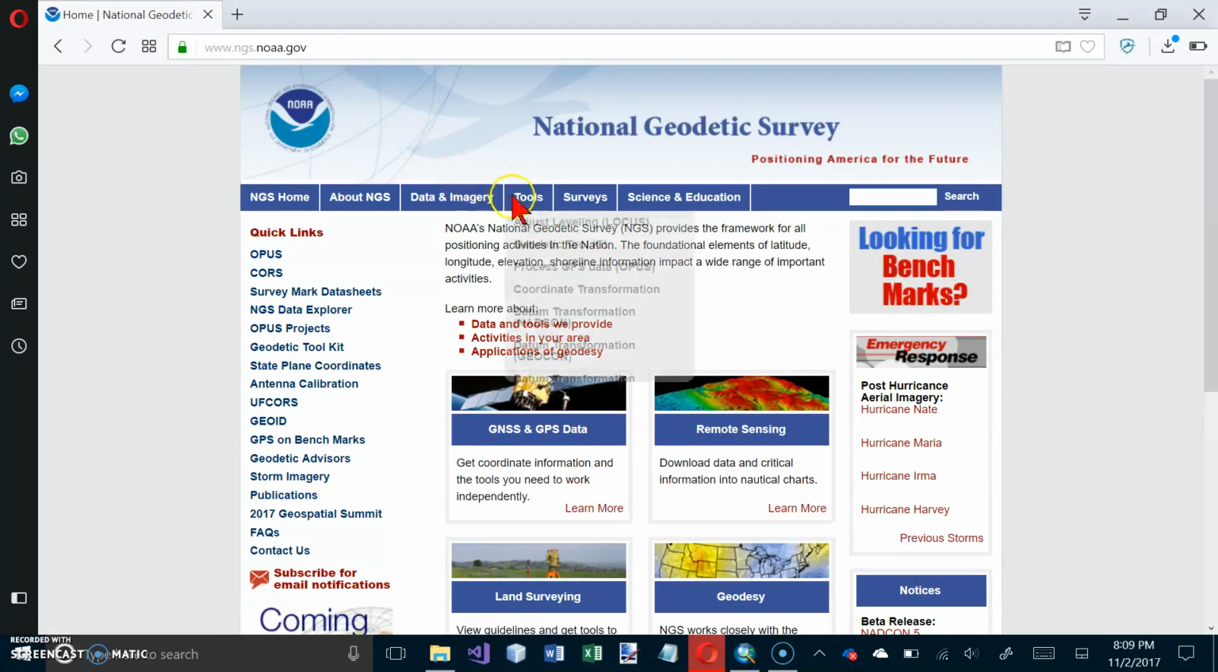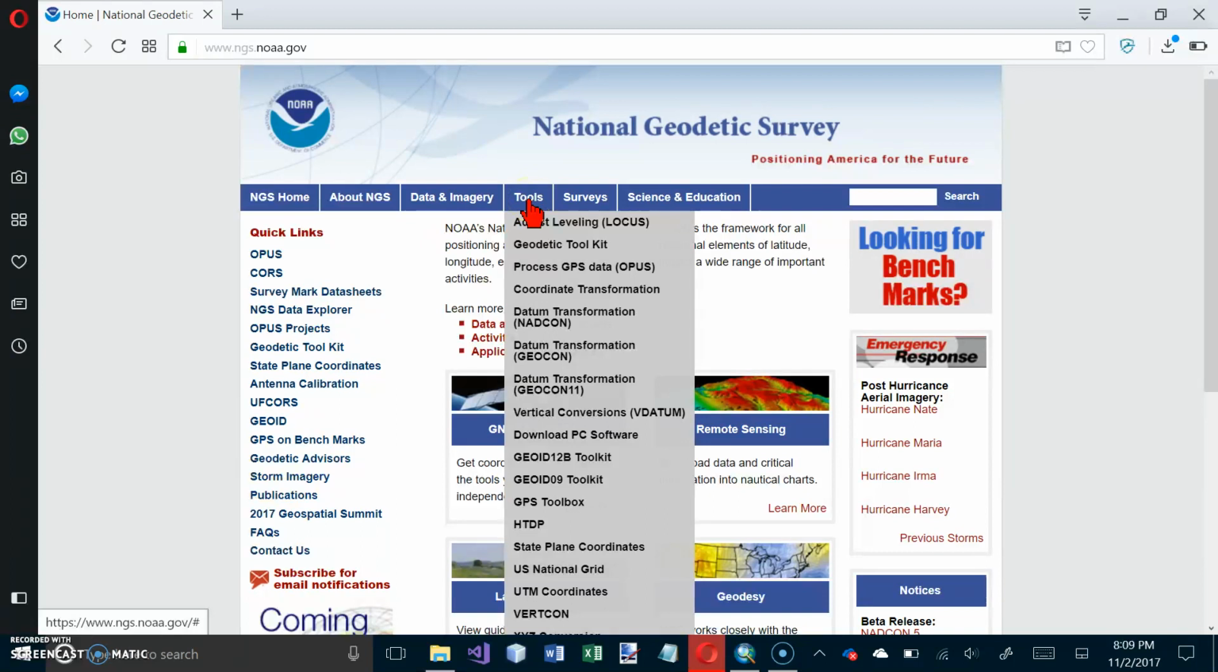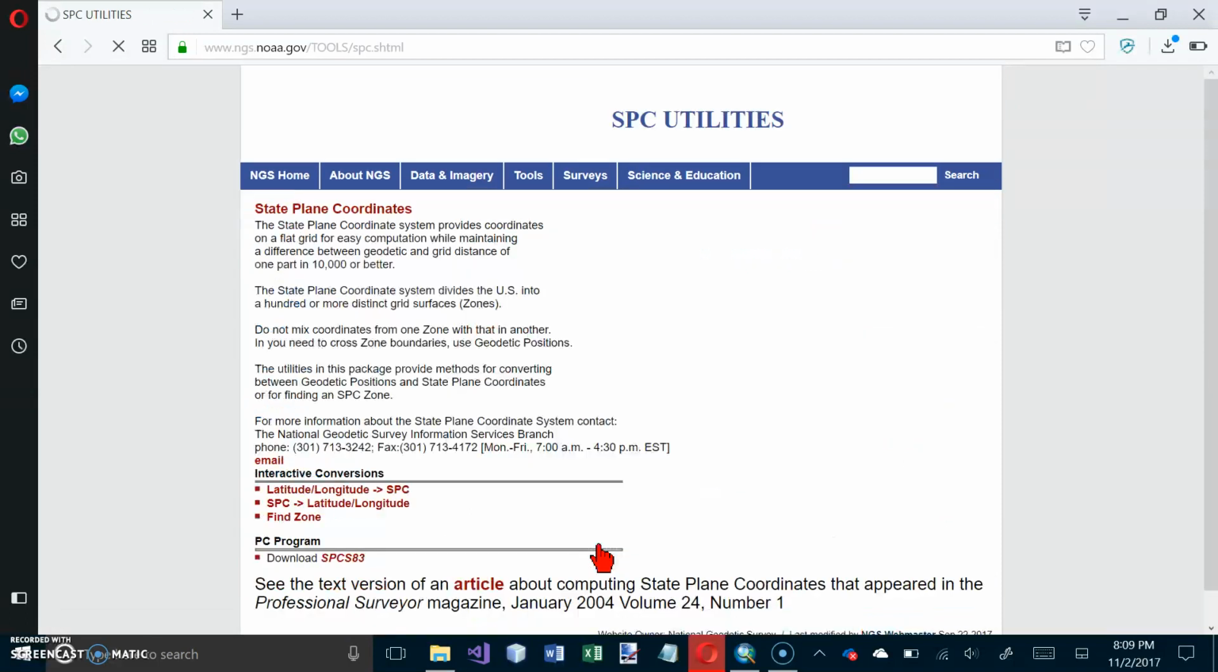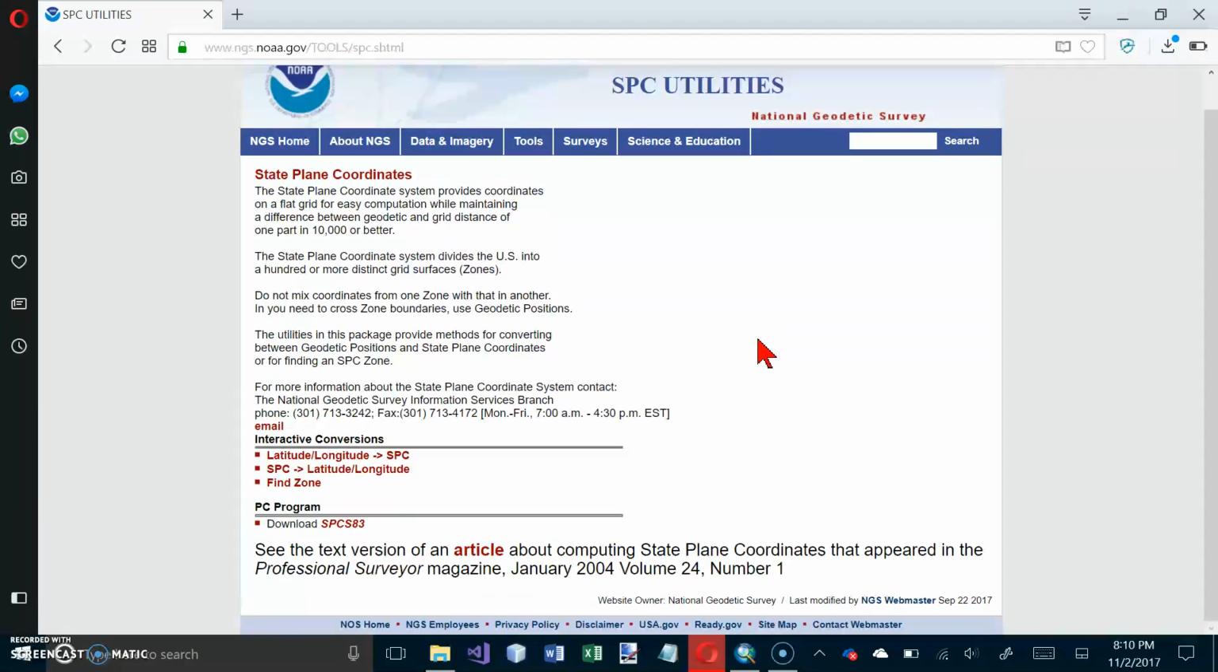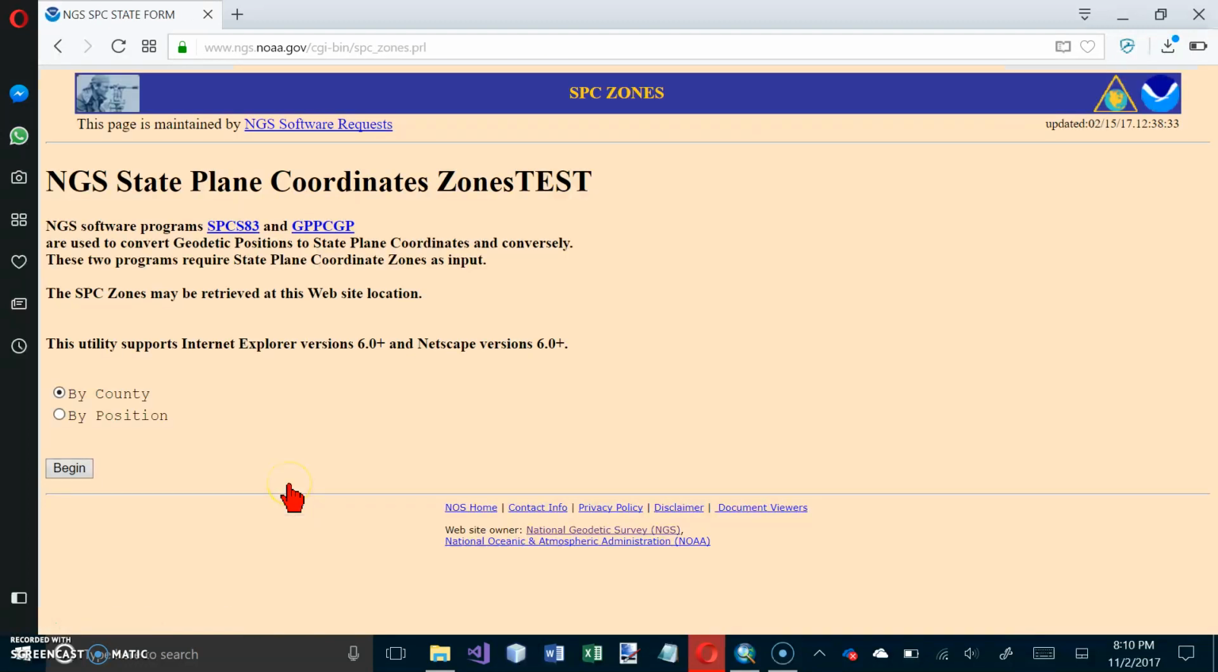And we want to click on Tools, and from that we want State Plane Coordinates, and here's State Plane Coordinates, and we want to click on Find Zone. Let me see. And I'm looking for Find Zone here. And there it is. Okay, it doesn't look like a hyperlink, but it is. And now we want to click on Begin,